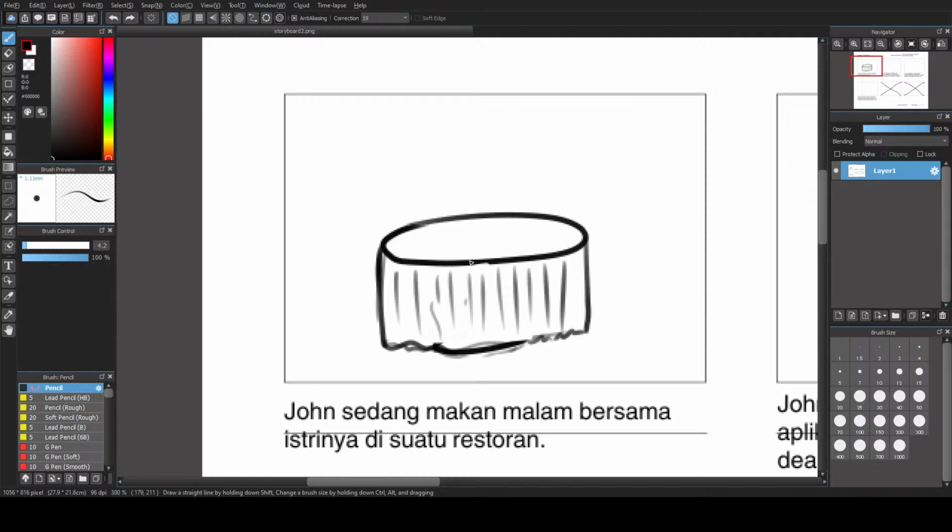Yeah, not really the best artist in the world. Pretty close, but I wouldn't flatter myself too hard. Alright. Then we're gonna have our wife on the side. I really don't know how to draw female hair. Let's draw inspiration from my favorite character. I don't think she has hair like this though. Jesus. Let's just say